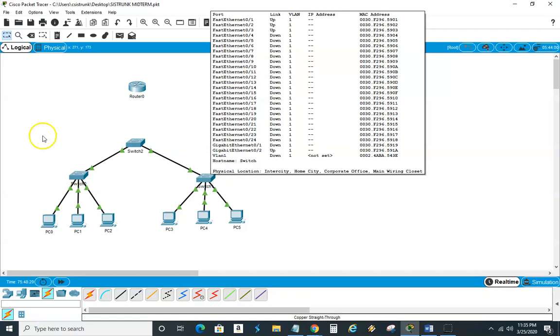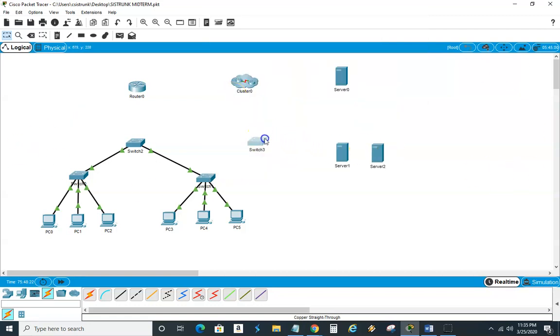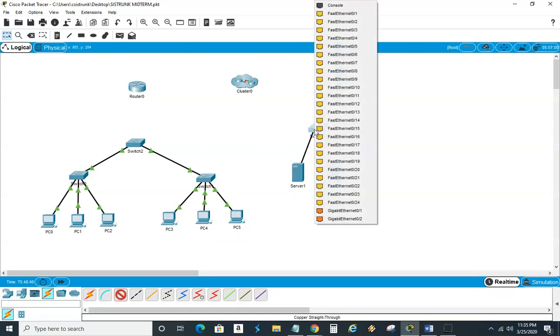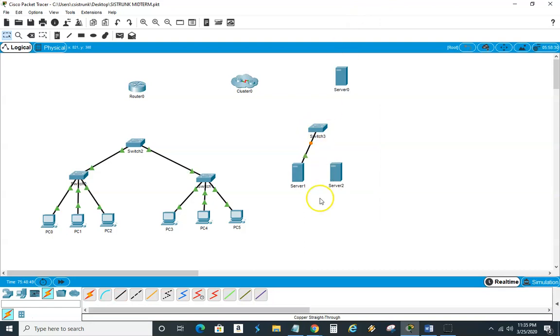Okay, so let's go over here now and put this right here on the same level. And we're going to put that right there. Well, we want to put it right here so it can be out the way of all these other devices. And we're going to pretty much put that there. Now, I'm going to come here and click on another Ethernet cable. I'm going to click here, fast Ethernet. Then I'm going to come here and I'm going to choose fast Ethernet 1. Just keeping with everything being together.